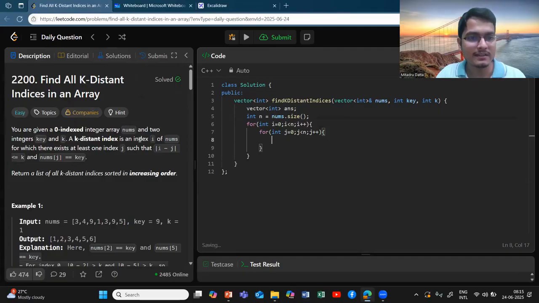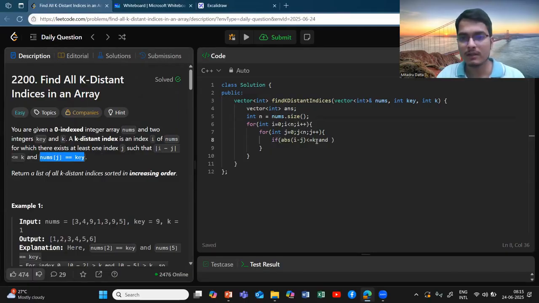A k distant index is an index i of nums for which there exists at least one index j such that this is true. So if the absolute value of i minus j is less than or equal to k, then I will check that nums of j